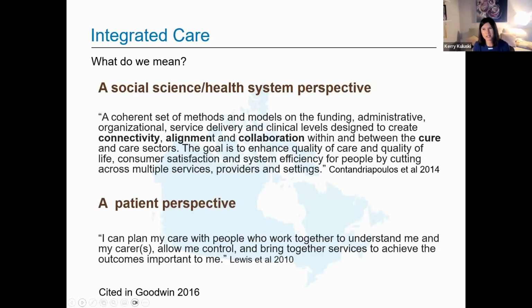I know I'm kind of preaching to the choir here. We're probably pretty familiar with definitions of integrated care, but just for some context setting, I really want to highlight the difference between when we look at this from more of a system social science perspective versus from the patient perspective. So a definition that is used quite a bit is this first one about integrated care being